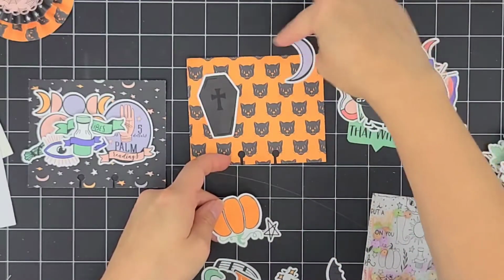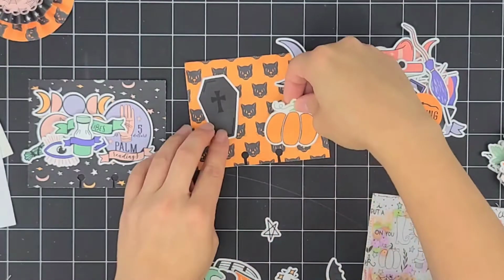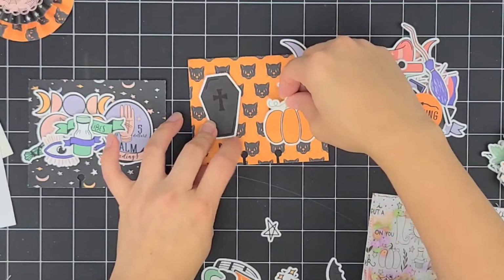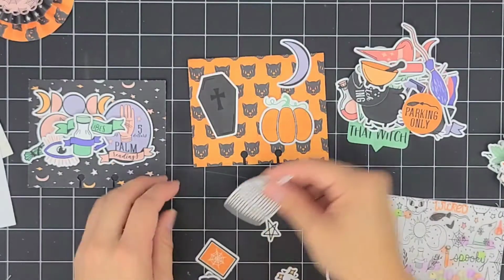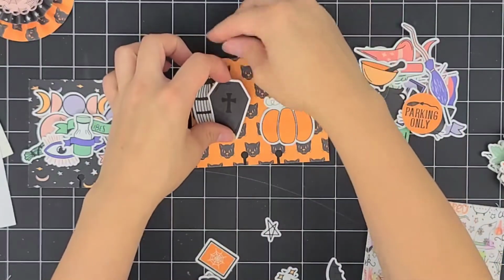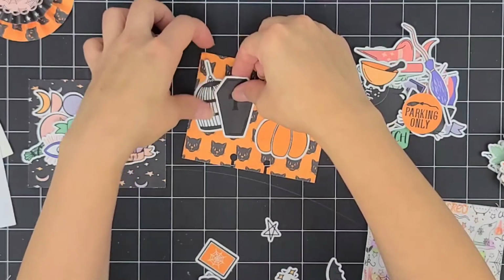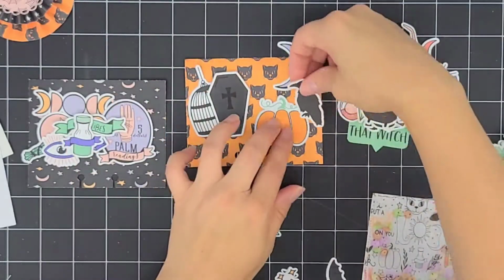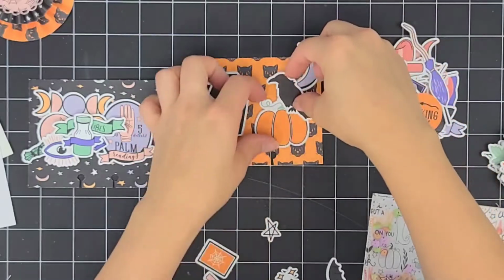Do you have stuff hanging off on your Memorydex? I don't know if I like that. Let's see. You only know until you try it, right? And then I'm going to place my pumpkin off to the side, maybe? I don't know. We're going to see here. Yeah, I'm going to move him aside. Yes, like this. Alright, I switched to a voiceover, and I'm going to speed up this process as I layer